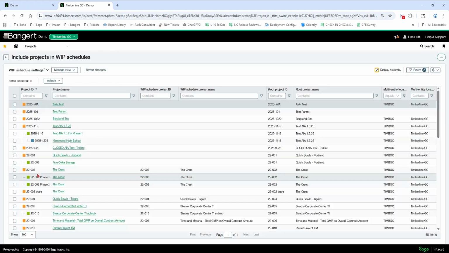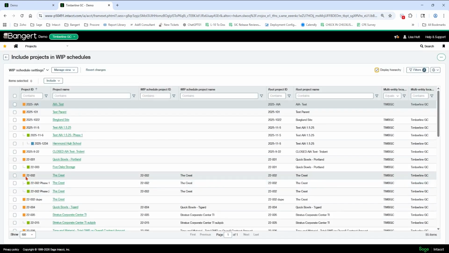And it's going to list that I've got the parent and the sub in a hierarchical manner. So I've got the parent and the children here. So these two technically are included in the parent project or the root project on the WIP schedule. So it combines the costs and the billings into one line on the WIP schedule, for example.